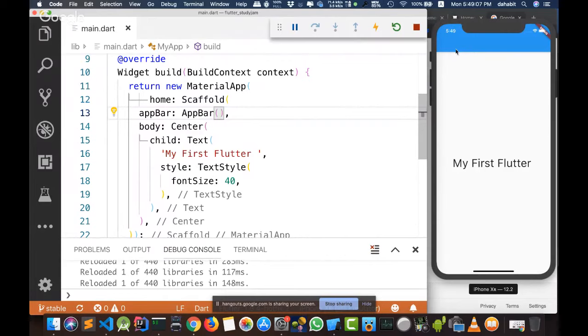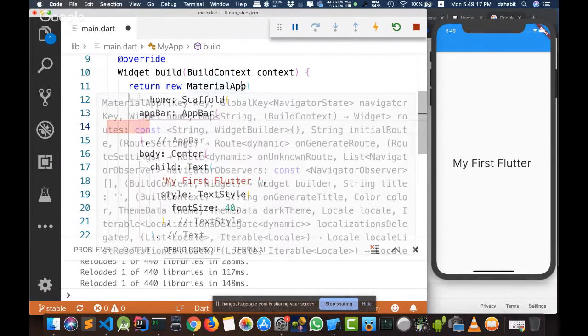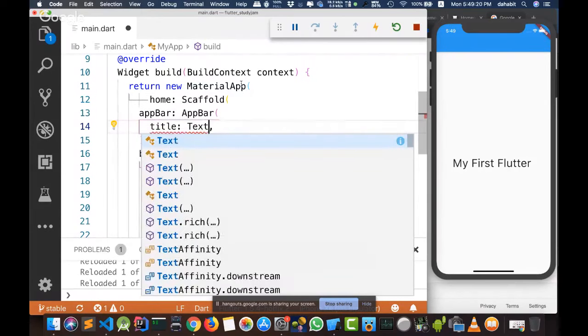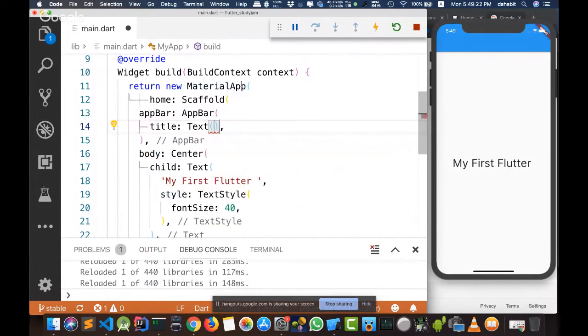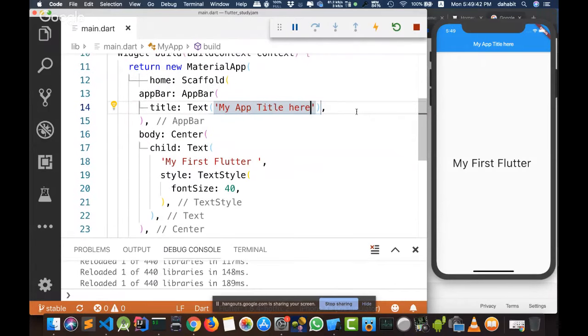And as we can see here, our app bar appears, and this app bar you can leave empty, but if you want to write a text or title inside it, there is a property called title. You wrap your title inside a text widget. I write my app title here, as we can see. When I press save, you can see that the changes appear automatically on the screen without any need to restart my application and start it again.